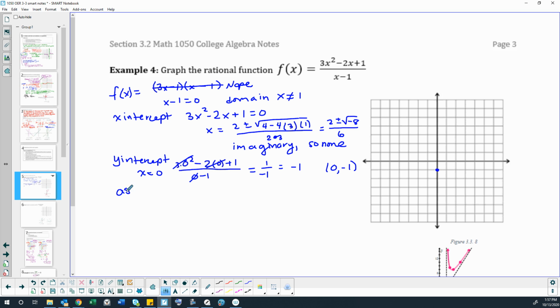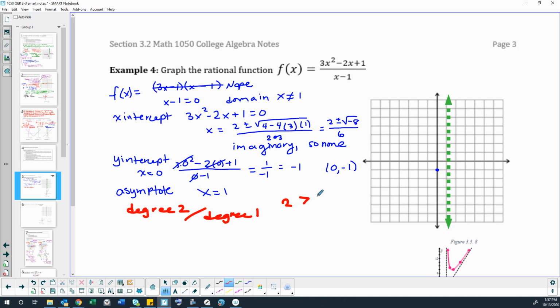Okay, let's go to our asymptotes. So we already know that we have a vertical asymptote where the domain doesn't exist. So we have x equals 1 just from our first step, finding the domain. And that didn't reduce out, so it would be an asymptote. So I'm going to go ahead and throw that in there at x equals 1. And then let's see if we have a horizontal asymptote. So notice how the degree of the numerator, this is kind of our important step here for this section, is degree 2 over degree 1